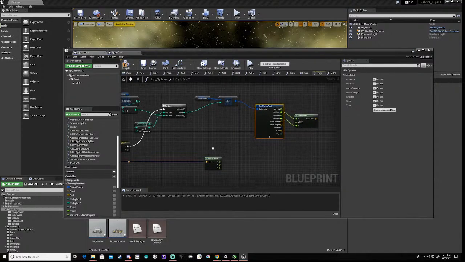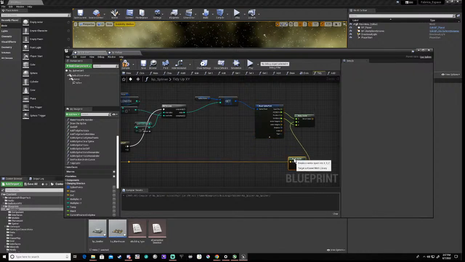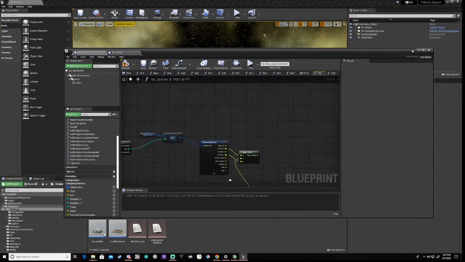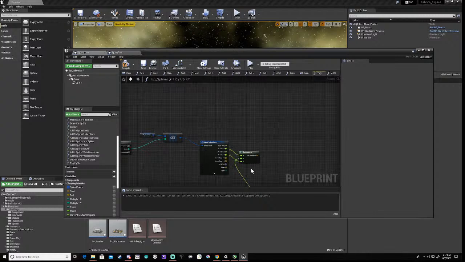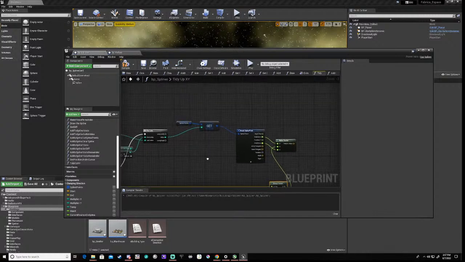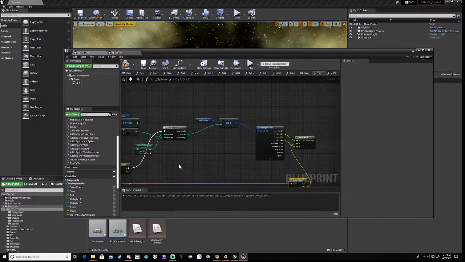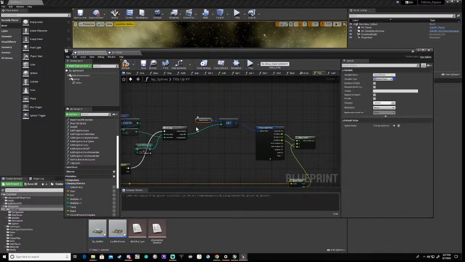Okay. So that comes from here. Okay, so what I'll do is I'll move this across a bit. Now, what we need to do is do this, duplicate it,